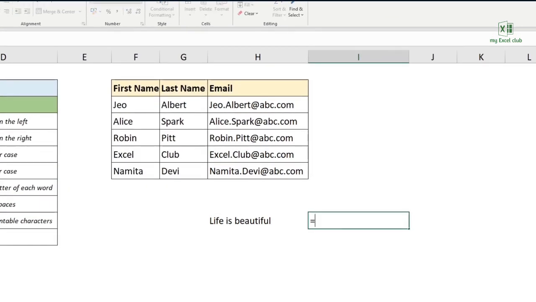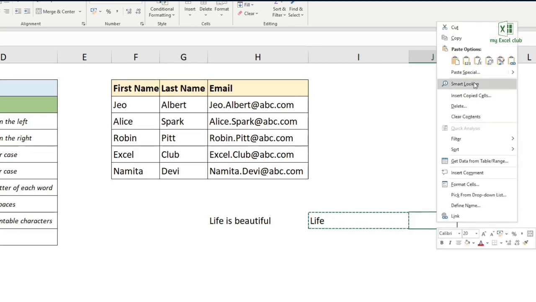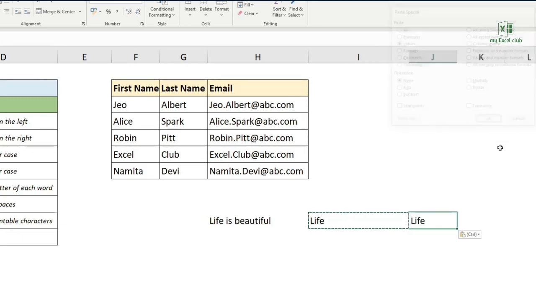Let's write equal to left, then choose this text, comma, the number of characters, the second argument is the number of characters which you want to extract from the left. For example, I want to extract 5 letters from this text from the left. So press enter, it will give you the 5 letters, which is 1, 2, 3, 4 and 5 with a space. So let's copy it and paste special values. Okay, let's check it here. It has written you 1, 2, 3, 4, 5 letters.